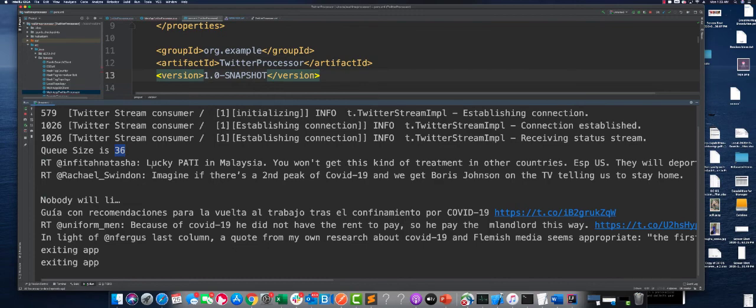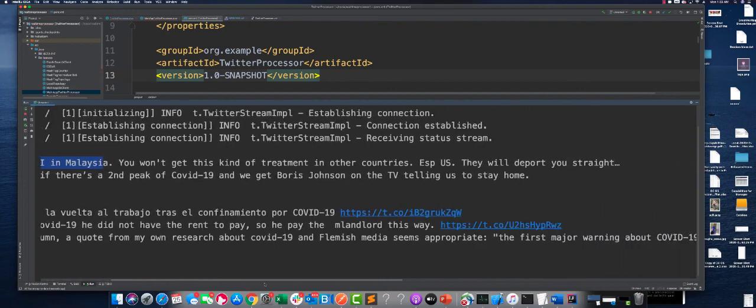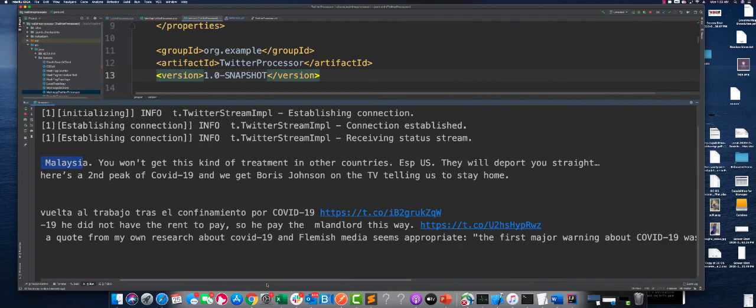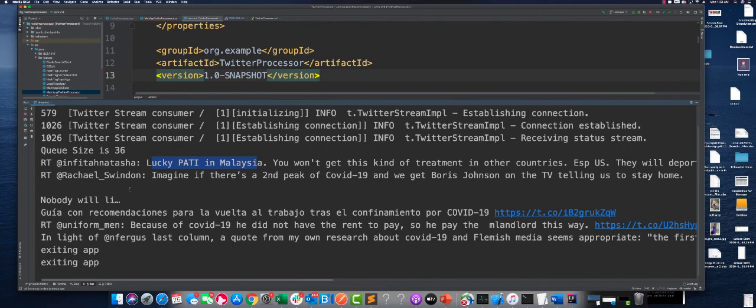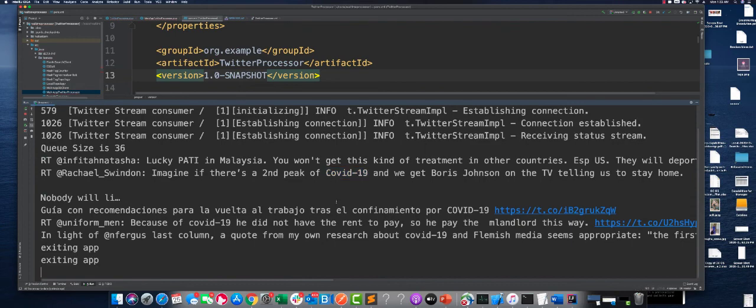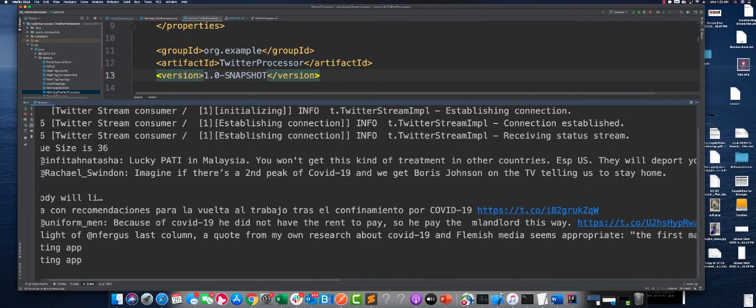As you can see, we have received one message which says Lucky Patty in Malaysia, right? And the second message says there is a second peak of COVID-19. So it does talk about COVID-19, and then you have a bunch of other messages.